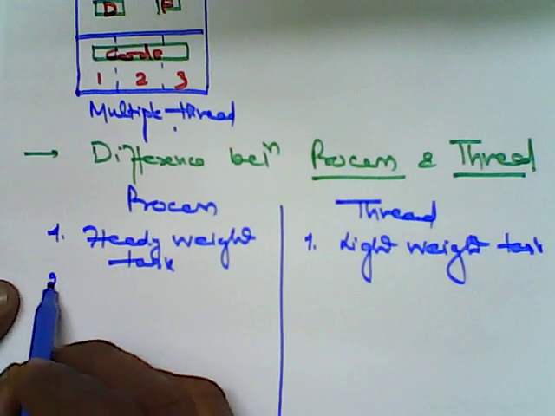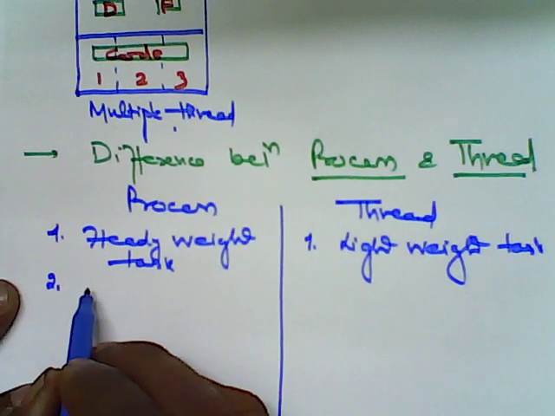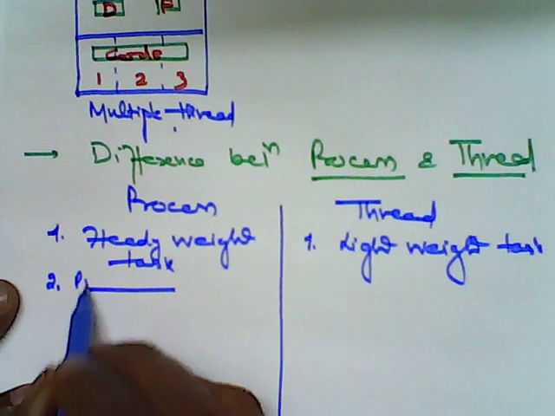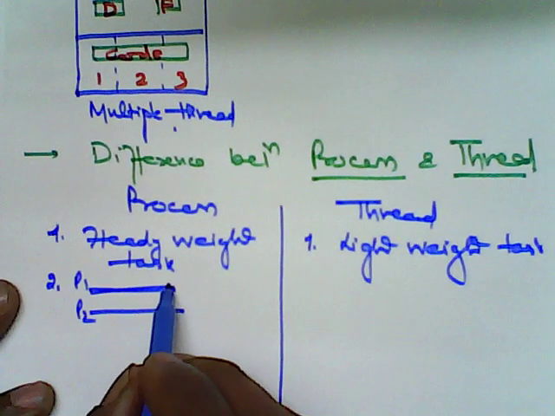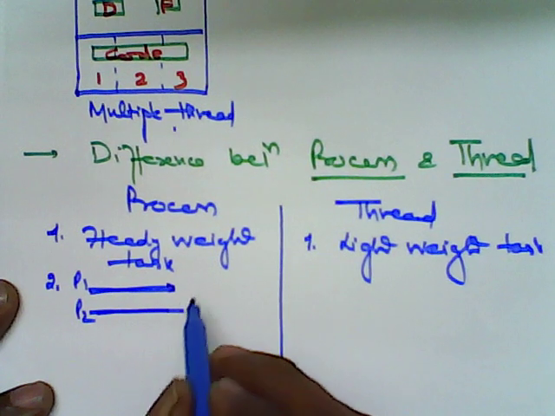That is one. The second part is that in a process, suppose you are running a process P1 and you want to switch over to P2. Every time switching over from P1 to P2, it needs to follow the